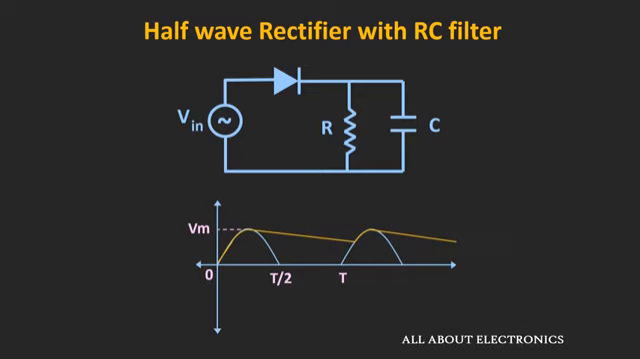So before finding this ripple factor, first of all, let us find out the peak to peak voltage of this ripple voltage. To find the peak to peak voltage of this ripple, we need to find the maximum and the minimum value of this ripple voltage. Once we know these two values, then we can easily find the peak to peak ripple for this output